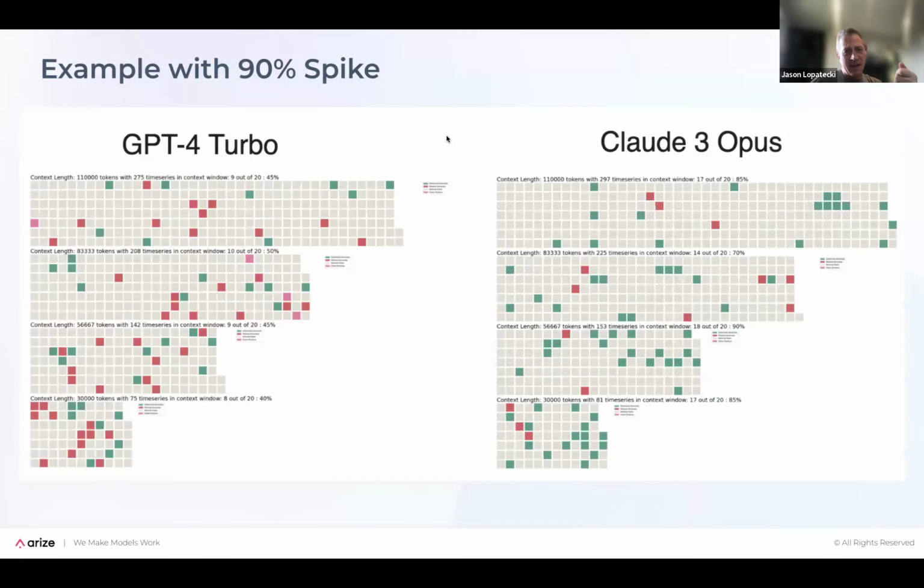As we move that spike up, so this is the 90% spike, these results get much better. As the difference between those gets bigger, it is able to start to detect it. And this is actually pretty decent results, given no fine tuning, no work on the data, just putting the template together for this.